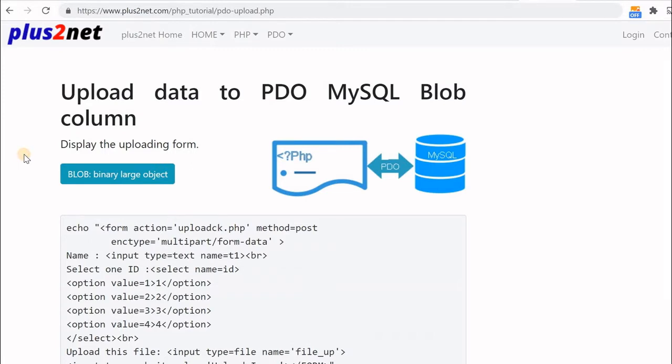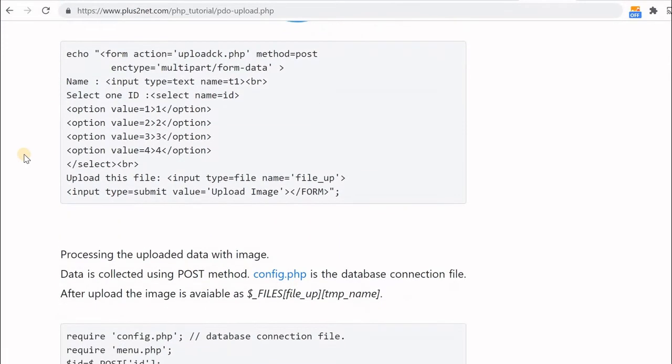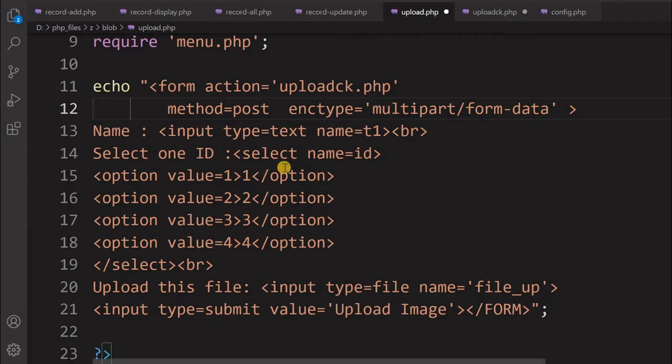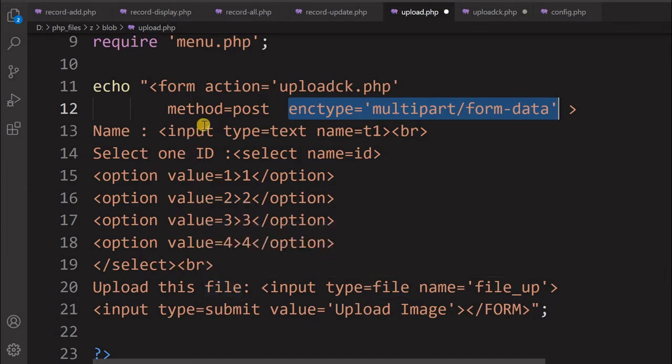Now here you will learn how the user can upload data and insert it into the database. Inside the zip file you downloaded, you can see one file, upload.php. Open that file. This is a simple HTML form. Note that this form has enctype multipart/form-data, because we are sending a file, uploading the image file along with the other data. The method is POST and it submits to the upload_ck.php file.